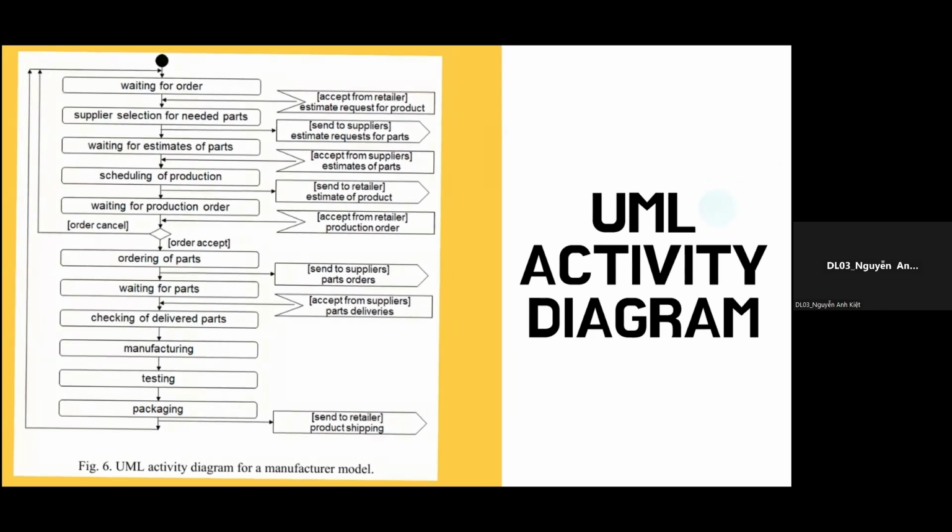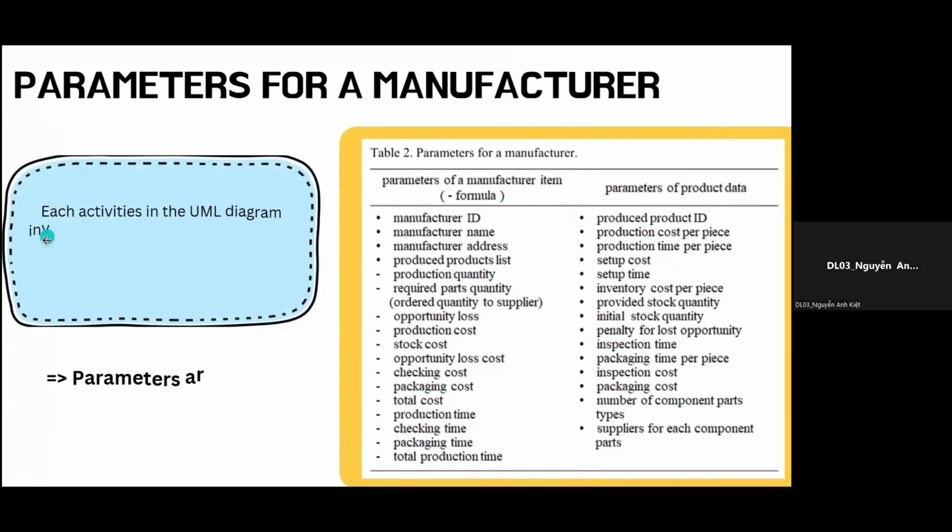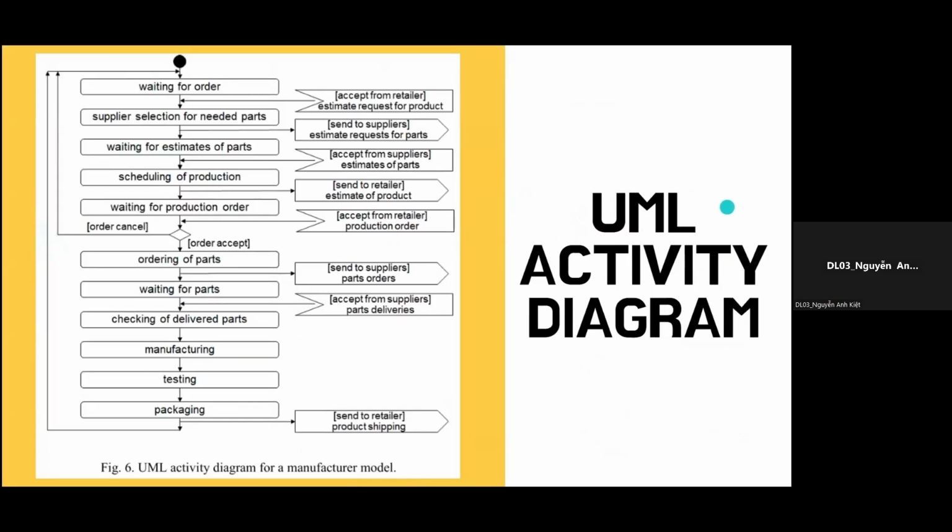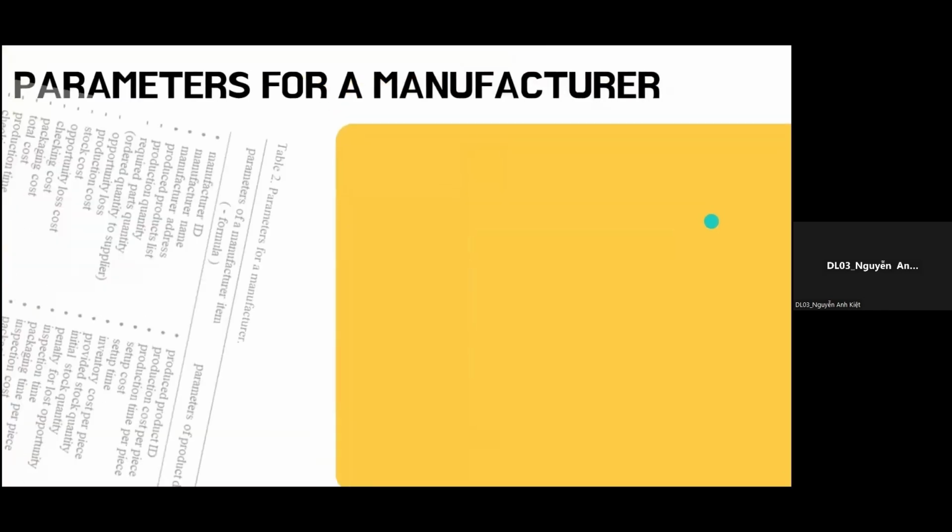Some of the states are happening simultaneously with the retailer. And some of the states also require completion from another e-catalog department, such as supplier selection for needed parts. They need to have the estimation for required requested products, etc. After parts are received,